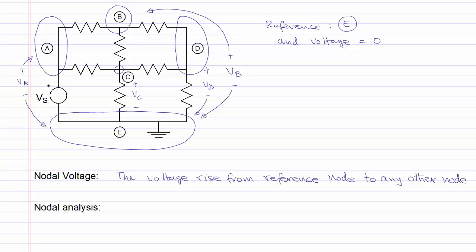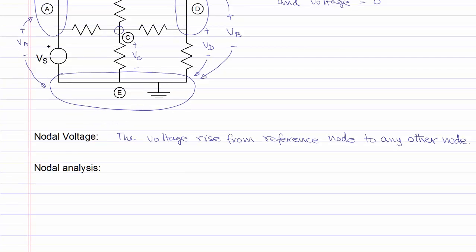To summarize, all nodal voltages will be given with respect to the reference node E, with the positive end towards the node which defines that nodal voltage and the negative end towards the reference node. The nodal voltages will be the variables that we will use to write equations to be able to solve any circuit using nodal analysis. We will state the nodal analysis method next, and it states that we write KCL equations at all nodes except the reference node